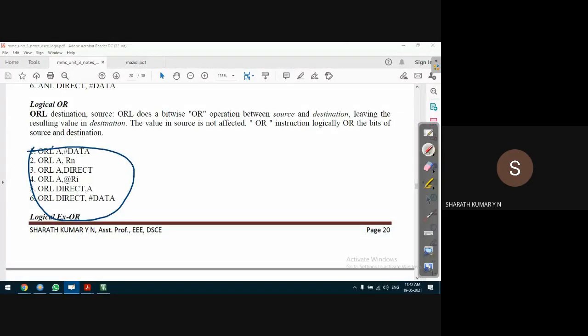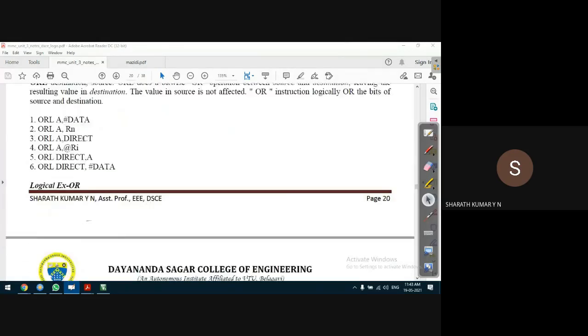Again, the destination A can be B also. Not possible, possible. We need not execute this. It will perform the OR of two data stored in two locations, and the result will be stored back to the accumulator or B register. Very simple. The ORL operation is performed on 8-bit data. We can perform it on 1-bit data also, but these locations should be 1-bit locations, not carry.